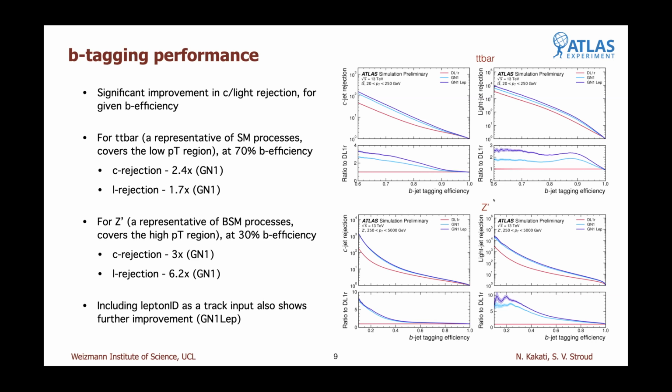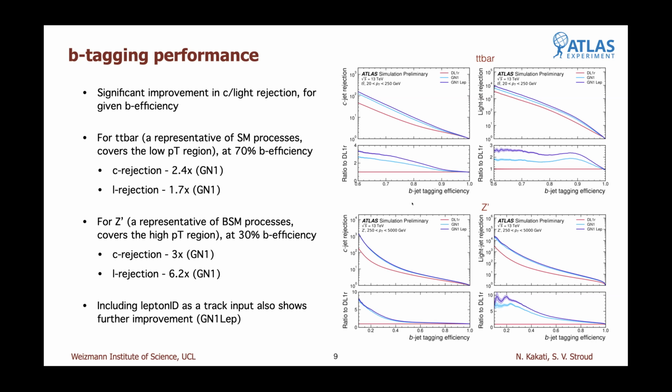And if you want to quote some numbers, at 70% efficiency, which is one of the common working points used in the analysis, you see a 2.4 times improvement in charm rejection with GN1, and the light rejection improves by 1.7 times. Similarly, we can also look at the plots for Z prime, which is